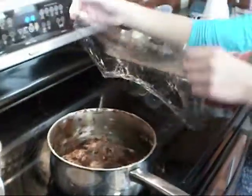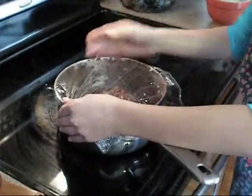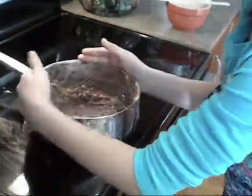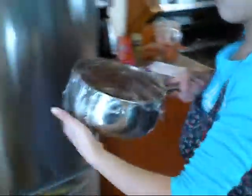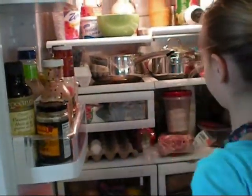Now we are going to cover it with a plastic saran wrap or cling wrap. Make sure it's sealed tightly. And we're going to place it in the refrigerator for 1½ to up to 8 hours to let it set. Now that our cookies have set, our mixture, we're going to take it out of the fridge